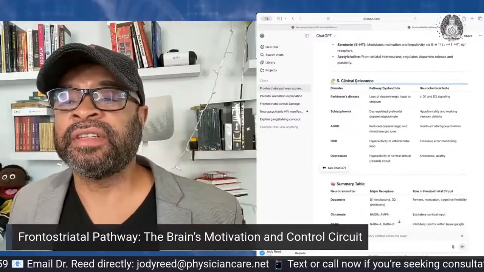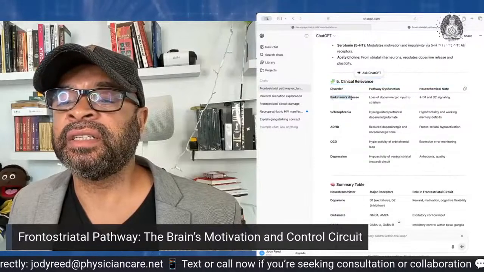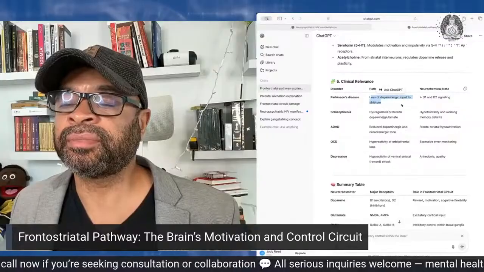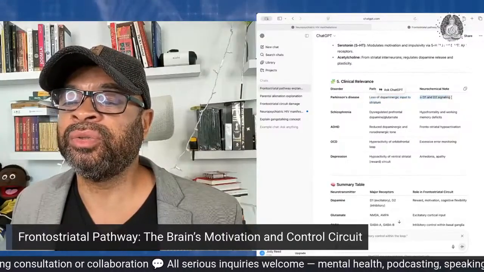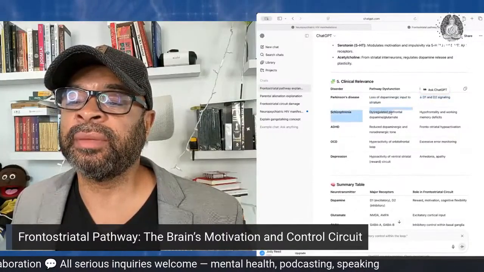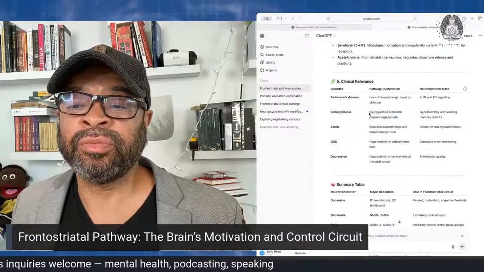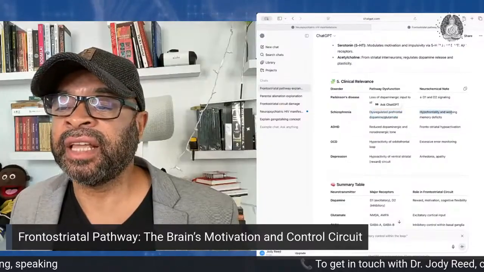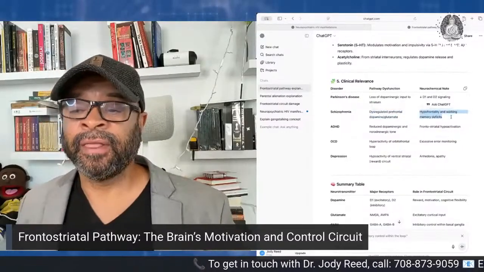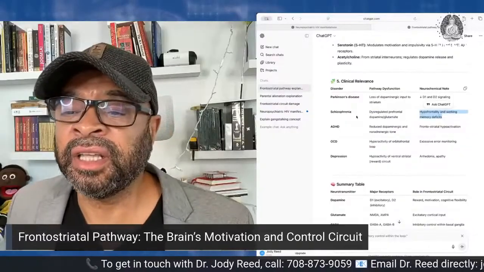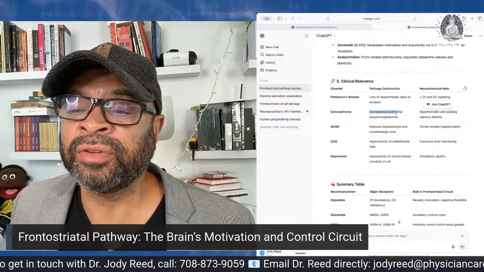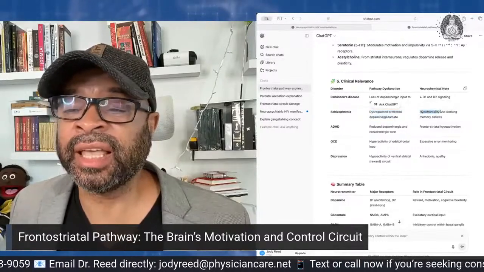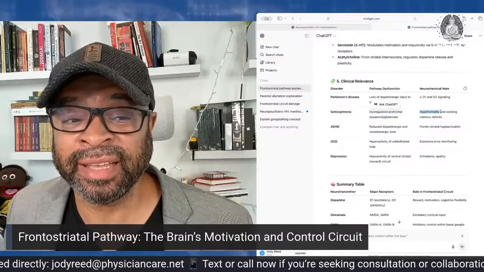Look, clinical relevance here. Okay, for Parkinson's disease, the loss of dopaminergic neurons in the striatum, decreased D1 or D2. Okay, great. Schizophrenia: dysregulated prefrontal dopamine and glutamate, hypofrontality and working memory deficits. In schizophrenia, with dysregulated prefrontal dopamine and glutamate, the frontal lobe can have hypoactive dopamine. It can be